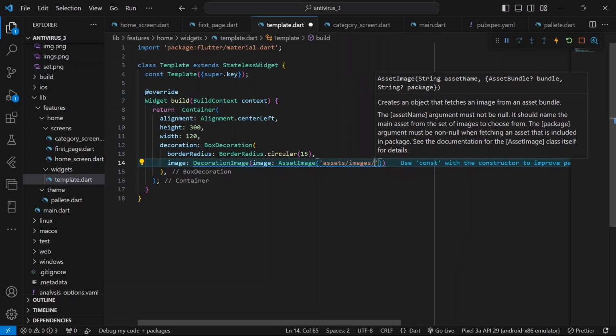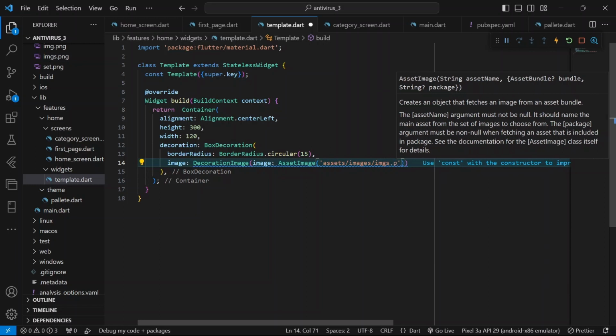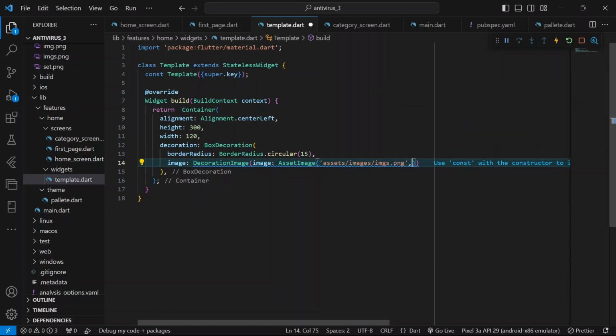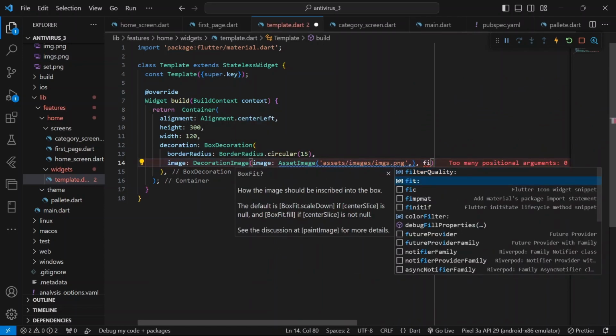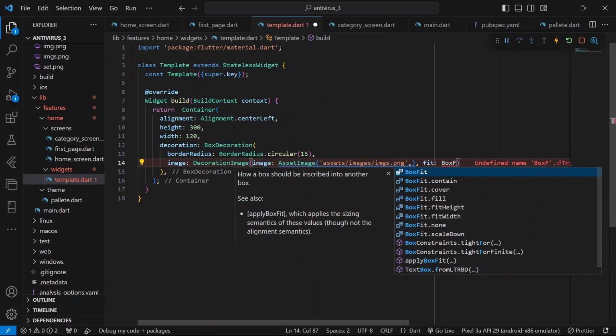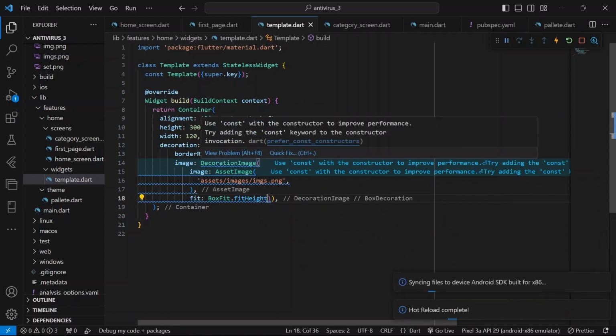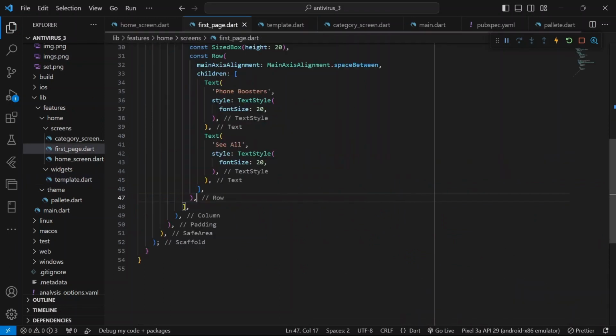And let's use imgs.png, okay? And then we'll have it fit. I mean outside here, there we go. And then box fit, box fits, dot fit height. Okay. And so the next thing we have to do is just come out here, outside of the row, but